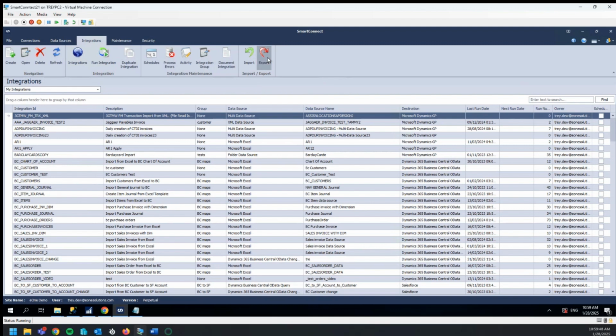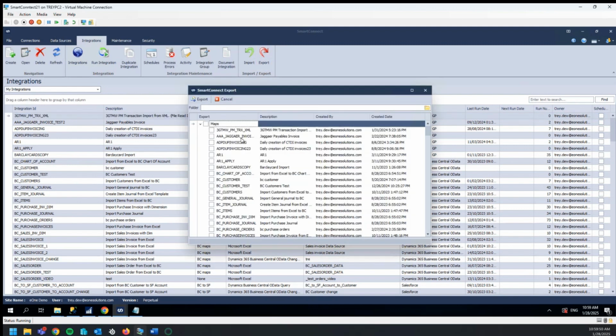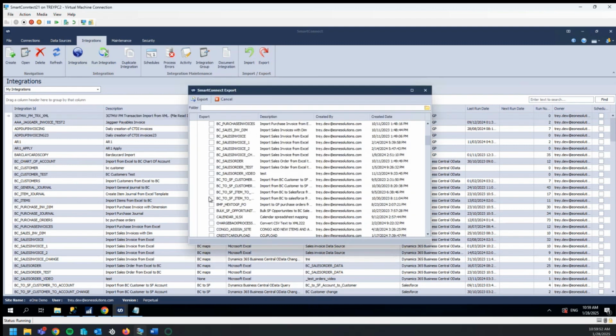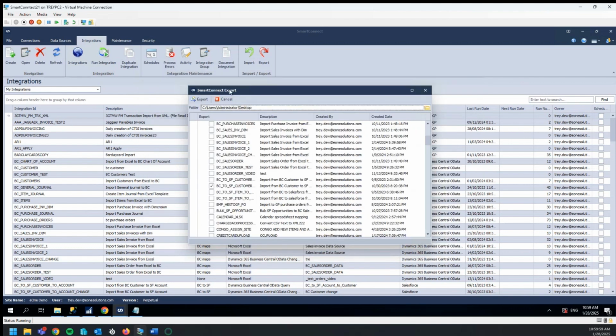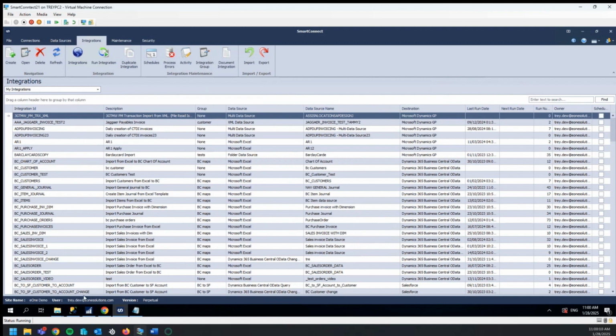Now to export one, all you need to do is press this button, find the one that you want to export. So how about this one? And then you just have to select a folder of where you want to send it. I'll just send it to my desktop. And then once you have all of those options selected, you can hit export. SmartConnect will automatically export this file, and then you'll have that on your desktop, where you wanted it to go. So it is that simple to set up export and import integrations in SmartConnect On-Premise